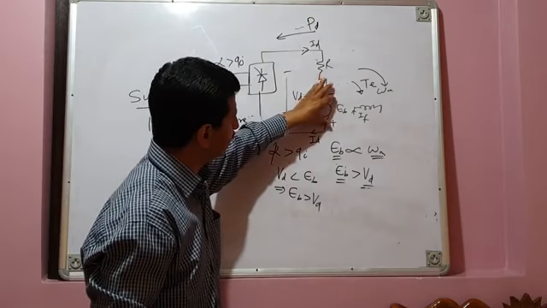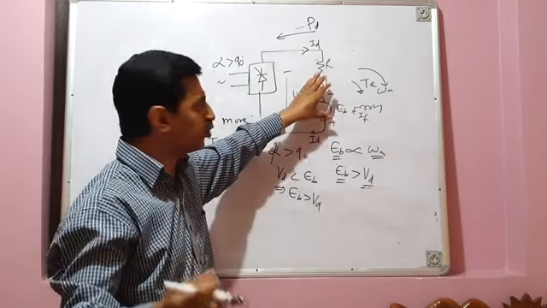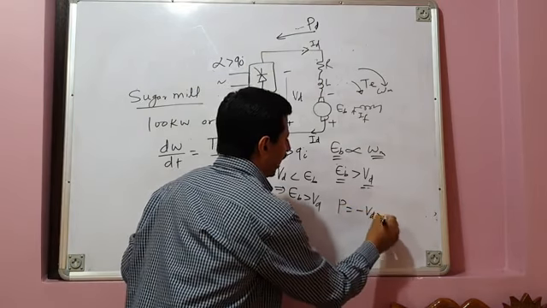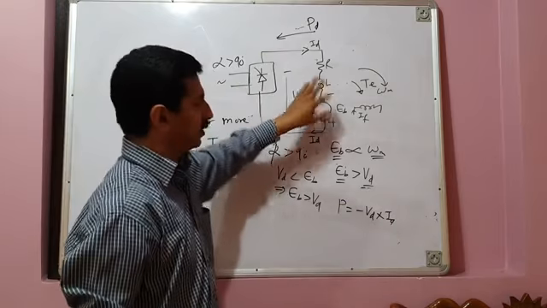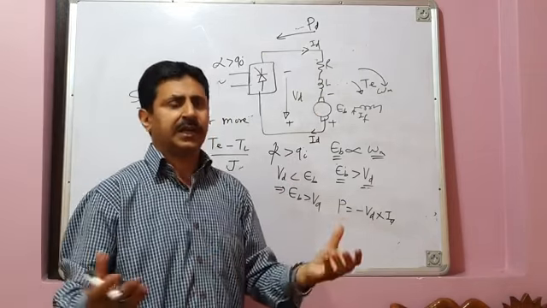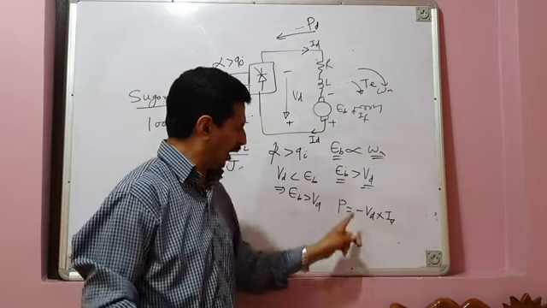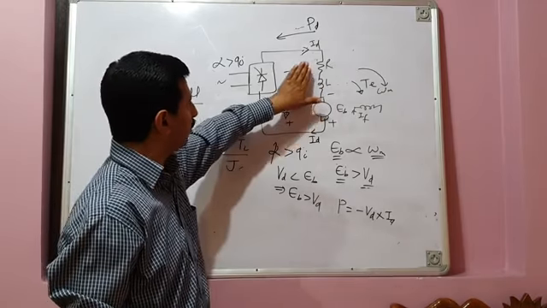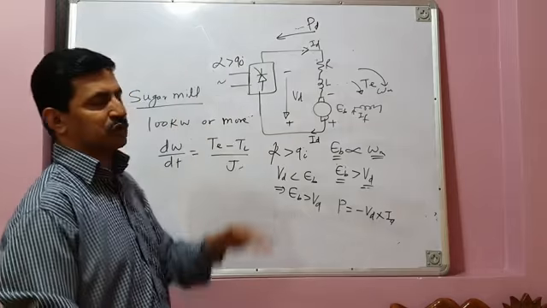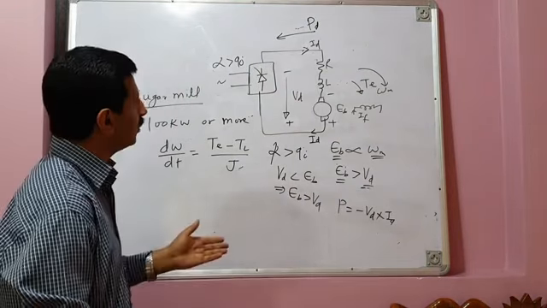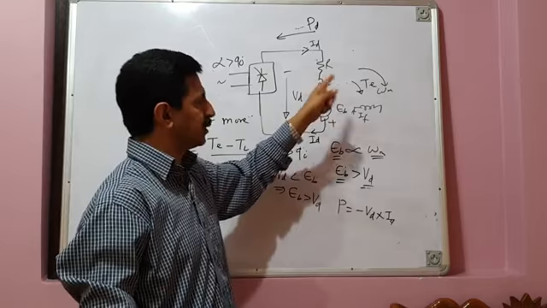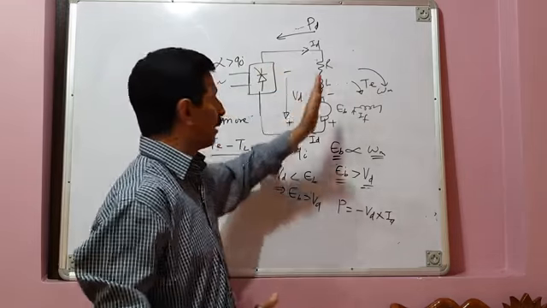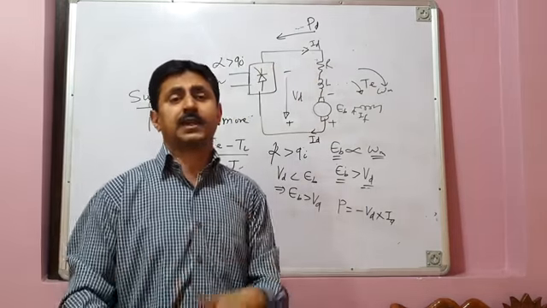The power here is VD into ID. Power is minus VD into ID. It is negative power. That means the machine is now operating as a generator. And as a generator, how much power is it generating? Minus VD into ID, which is negative. And that power through the converter is fed back to the source. So therefore, your same machine which was in the rectification mode operating as a motor, now in the inversion mode is supplying energy back to the source. That means it is acting as a generator.